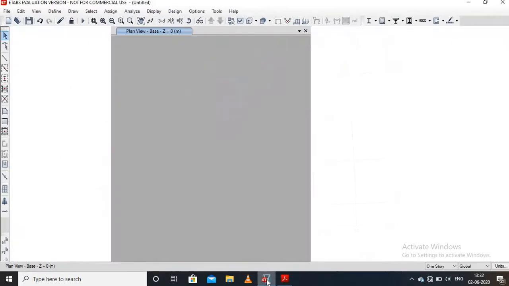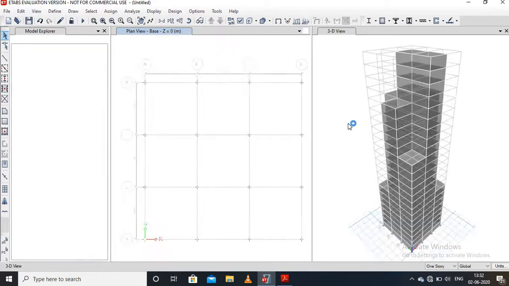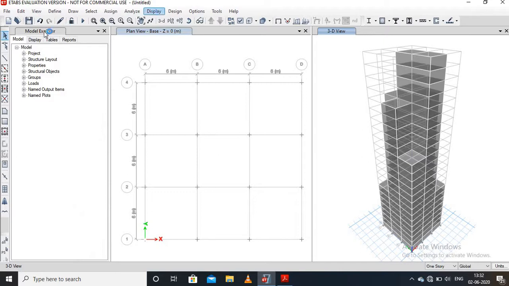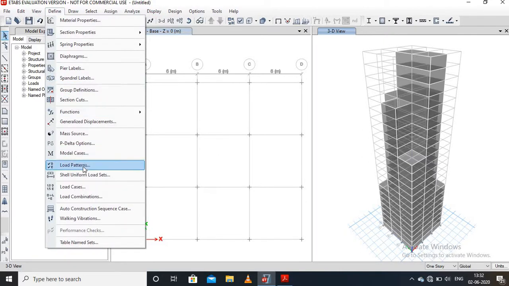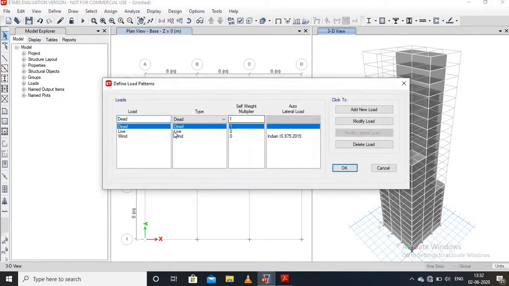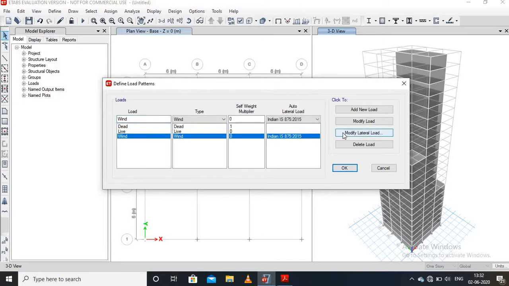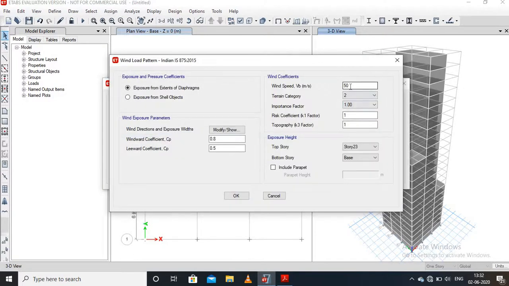Then go to the Define menu, then go to the load pattern and go to the wind load and modify lateral load option. Enter 33 meters per second.